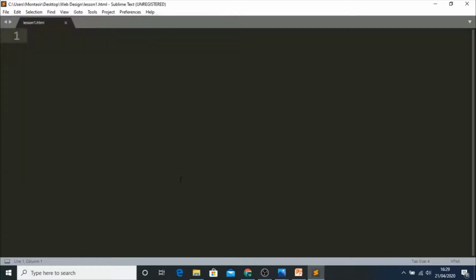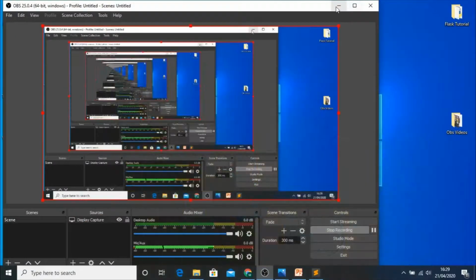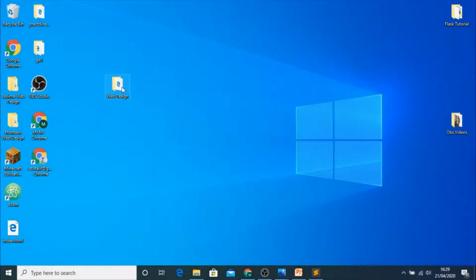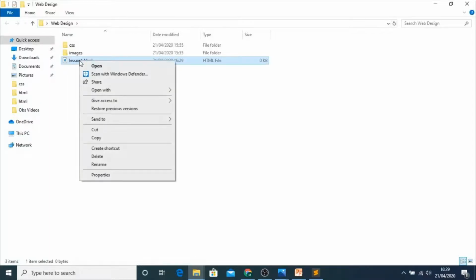So I have saved it. Now you can see that my file name has changed to lesson1.html. If I open this folder now, I can see lesson 1, and with lesson 1 there is an e sign. That means by default it is an Internet Explorer file. If I try to open this file,